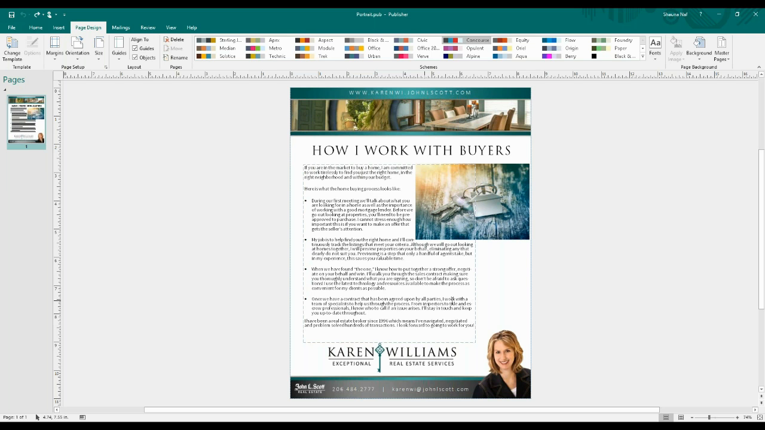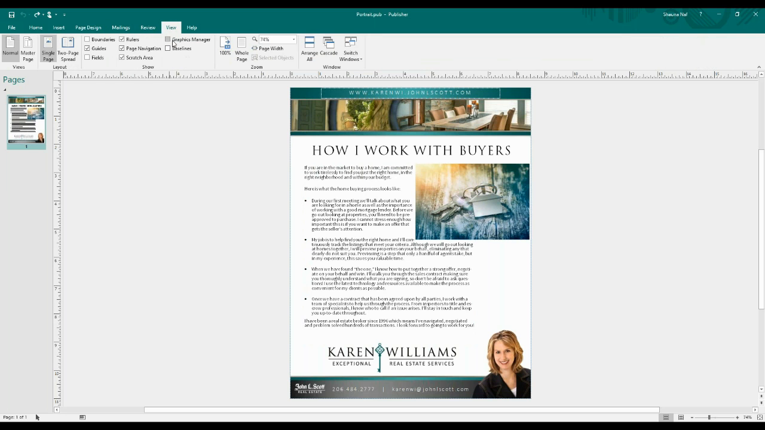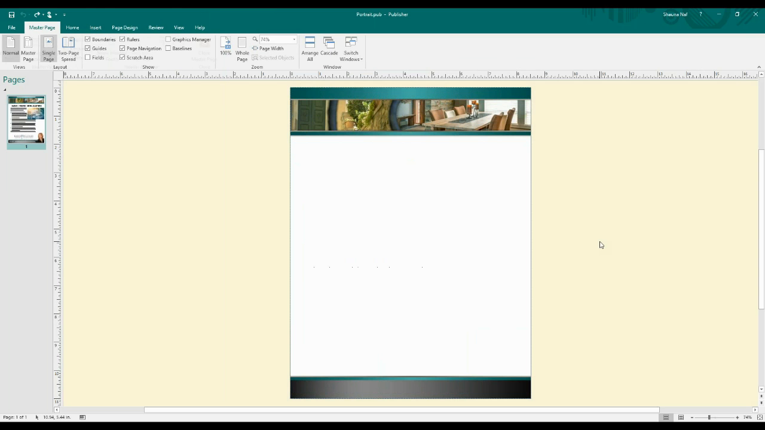So let's go ahead and take a look at this document. This document's pretty simple in terms of how it was built. Let's click on View, and we can look at the different boundaries here. You can see we've got a text box, we've got a photo box, we've just got a couple of text boxes and image boxes. So pretty easy. Let's toggle to the master page to see the background of how this was